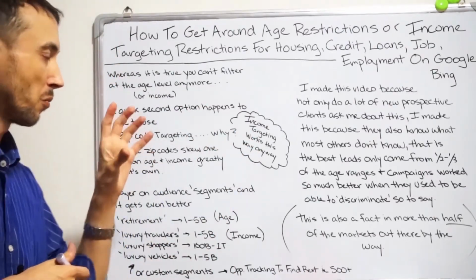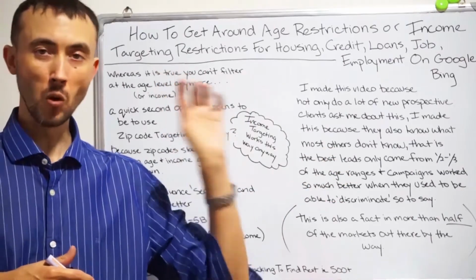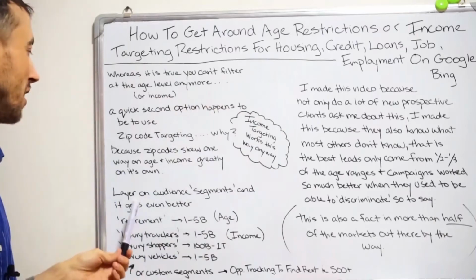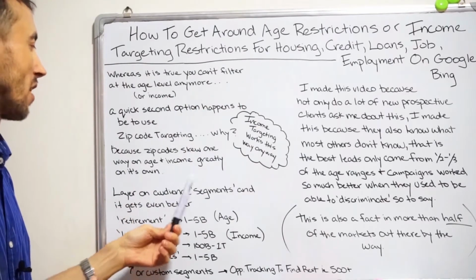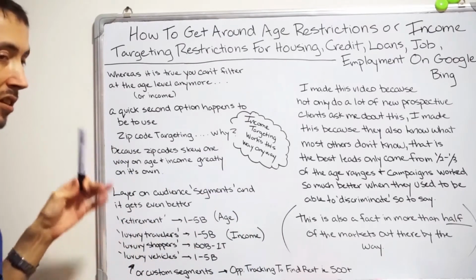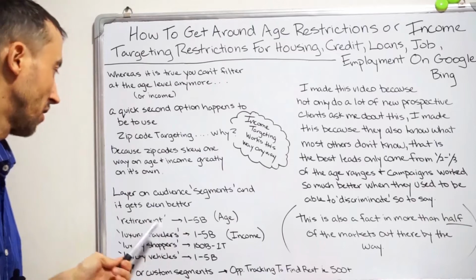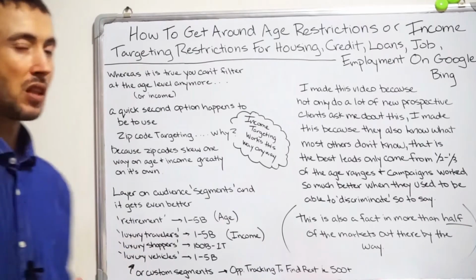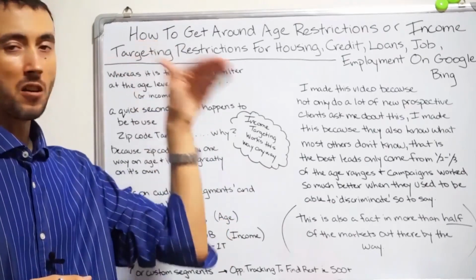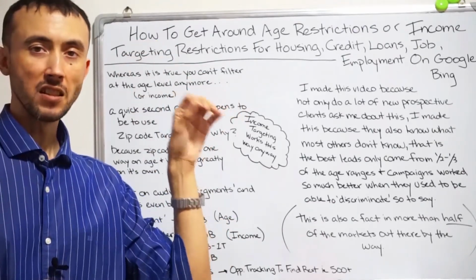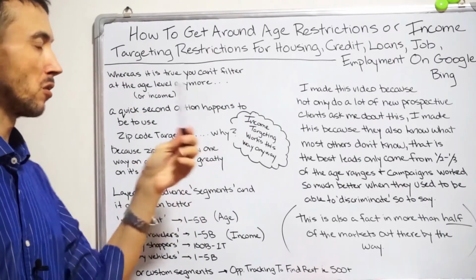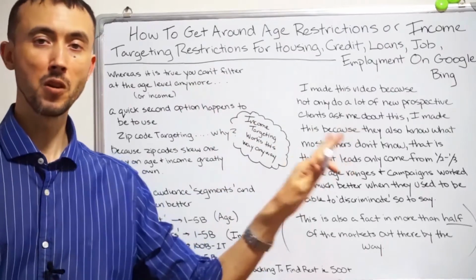Okay, to get you mostly the right age range and mostly the right income ranges that you want. Now, you can also layer on what are called audience segments to your filtering of your ads, and it gets even better, much better actually, in fact. So what I mean by that is, a lot of people still don't know you can do this with your ads. Under the audience tab, when you're in your Google Ads account, this is just one for Google Ads. So the first method up here with the zip codes, that's Google or Bing. You can do it on both.